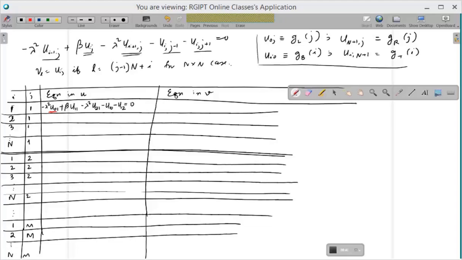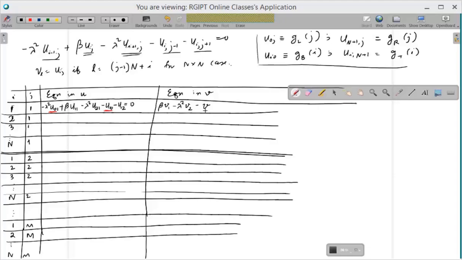These are not unknowns, right? I want to write all the unknowns on the left hand side and knowns on the right hand side, so I can take these to the right hand side. After that, I write everything in terms of v's, so that would read as beta v1 minus lambda square v2 minus